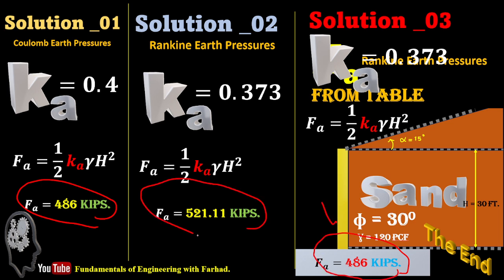And the Coulomb one, it should give us the numeric value. So this is my bad, this is 521.11, and this should be 486, because this is Rankine theory, this is Rankine theory, but a different approach. So it should give you the same numeric value. So 486, and the very first one is 521. Thank you. We'll solve more problems on